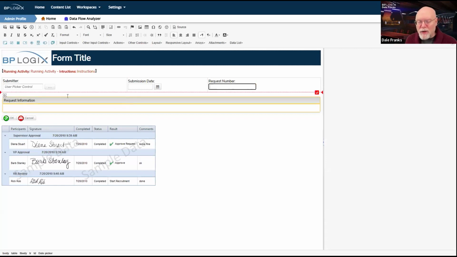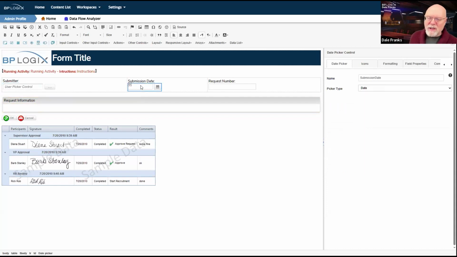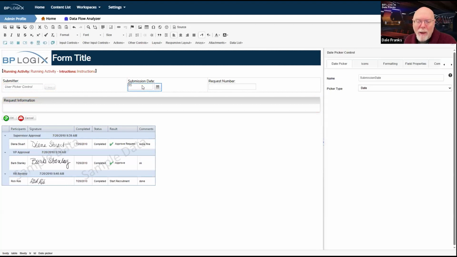Now, in a knowledge view, I can always use the system variable for form submit date. I can always use the system variable for submission date, or for, well, not for request number, but for these two fields, there are actually properties of the form that I could use. However, when I'm building columns in a knowledge view, form field is kind of the default value for new knowledge view columns. And if my knowledge view is associated with this form and I create a new column, I believe form field is my default. So all I have to do is just pick the form field from the dropdown.